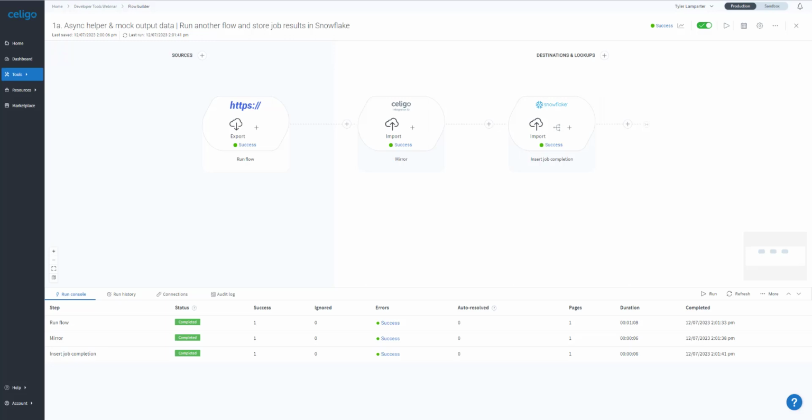Okay, so sometimes you want to put filters, transformations, or pre-save page scripts onto an export within Celigo that has an async helper attached to it. Currently, this export on my screen has an async helper attached, but as you can see, I don't have any transformations, filters, or hooks attached to it because these three options here don't actually work when an async